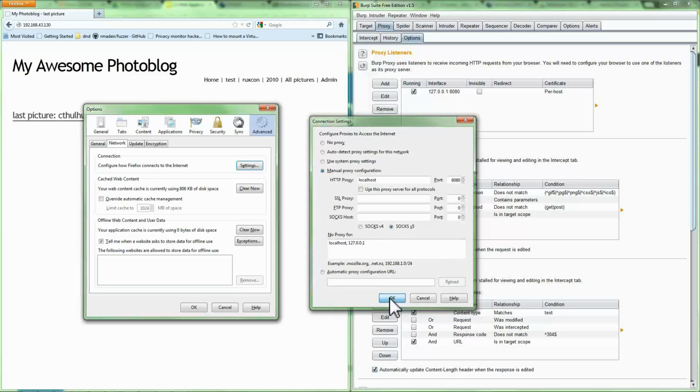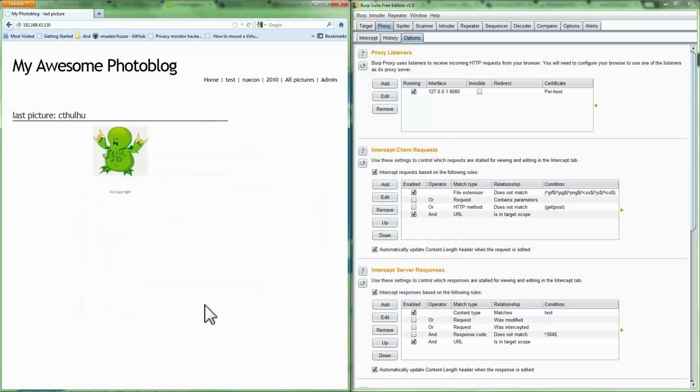It's really that simple. Any HTTP traffic this browser sends out will first be directed to